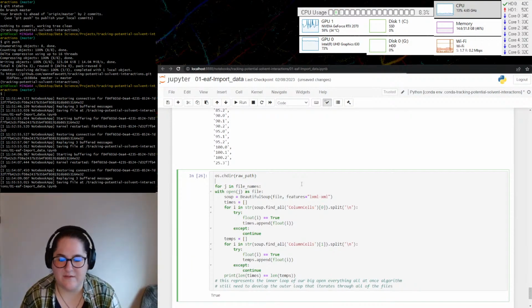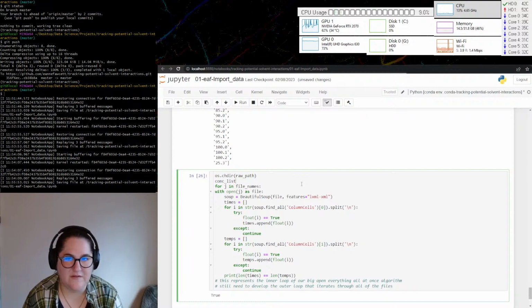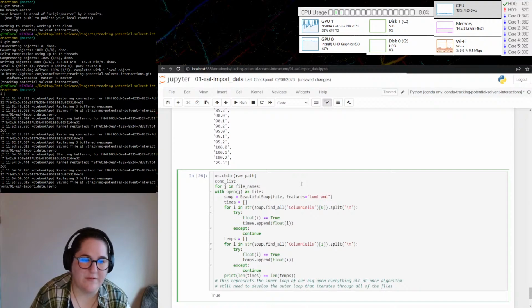Let's call it concentration list. So this is going to be like our zeros, all of our zeros, all of our ones, so on and so forth. Equals